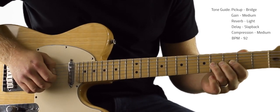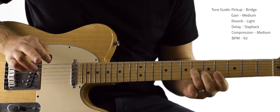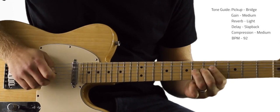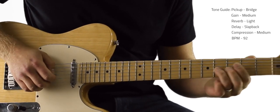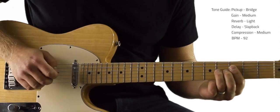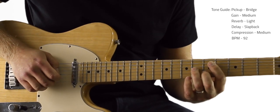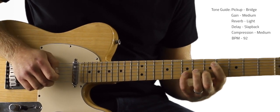So we're on the G string, we're going to slide up from 4 to 6 with our pick, and then we're going to kind of cluck with our right hand, second finger and third finger. We'll be using those two to cluck and get that chicken picking sound. So again, we're going to slide up from 4 to 6 on the G string, cluck the 5th fret of B, and then a muted pick on that G string,